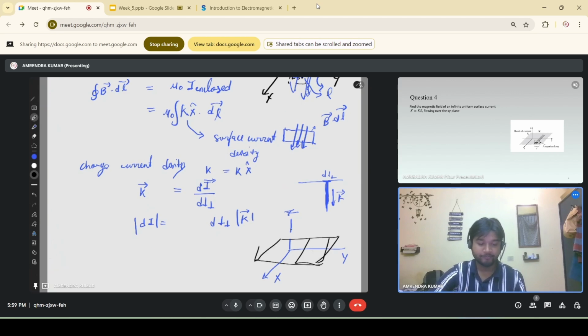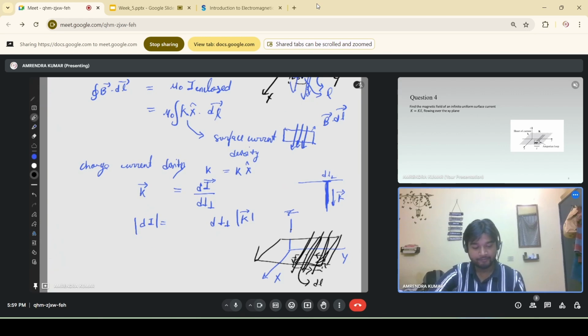So this is the xy plane. Now these are the charges, these are the currents that are flowing on the surface. Now we can draw an Amperian loop perpendicular to this. That means if this loop has a length of dl, and let's say we are going in this direction, this direction, this direction, this direction, then the field,